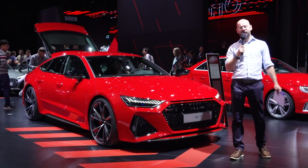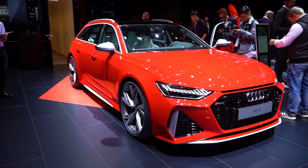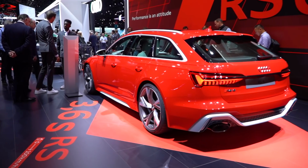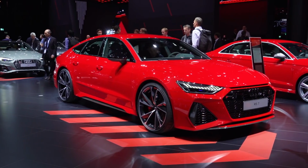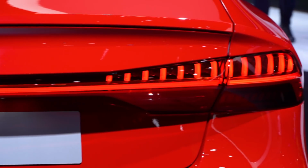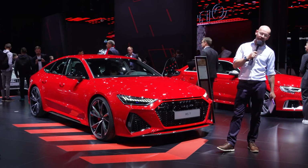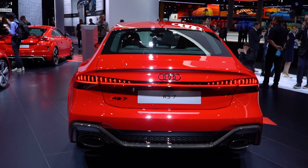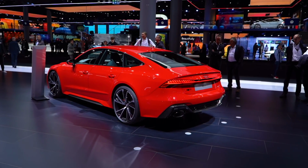And let's begin with the Audi RS7, which is being shown here alongside its Audi RS6 sister model for the first time. And they're significant because if you come up with a two-car garage, everybody needs something like an RS6 or 7. Big, practical, spacious, and chuffing fast. Talking of fast, it has a twin-turbocharged 4-litre V8 engine making 600 metric horsepower. It's 591 brake horsepower, which if you tick the Dynamic Plus pack option, gives it a top speed of 189